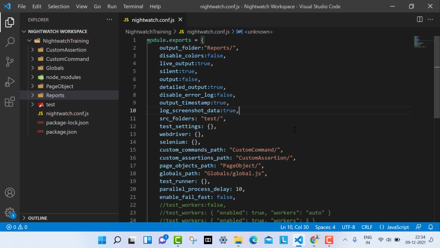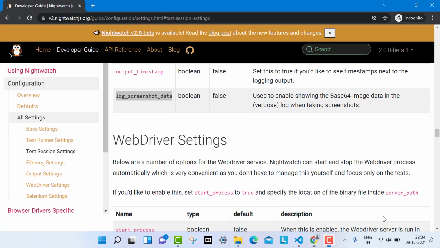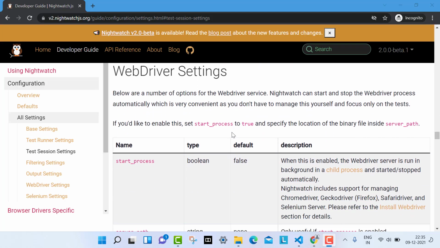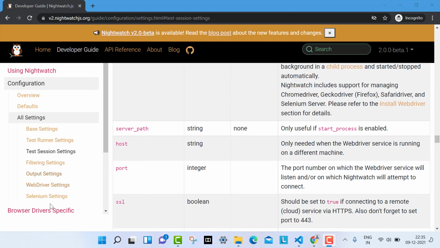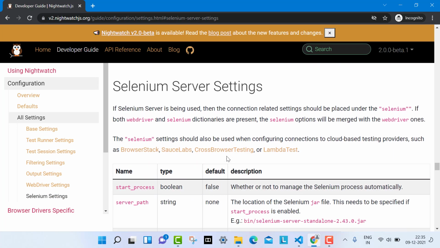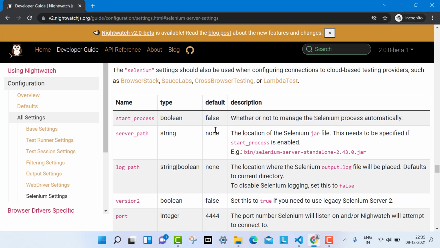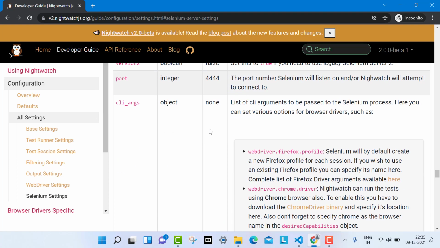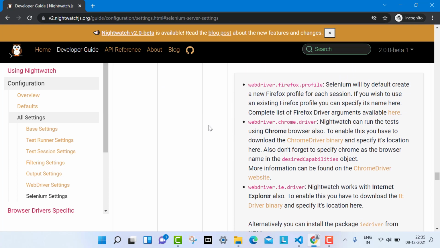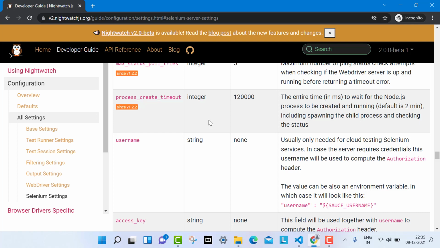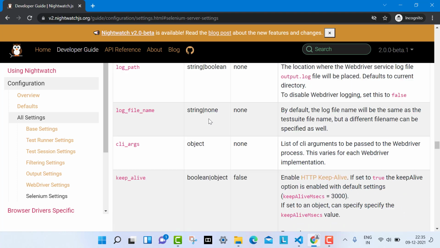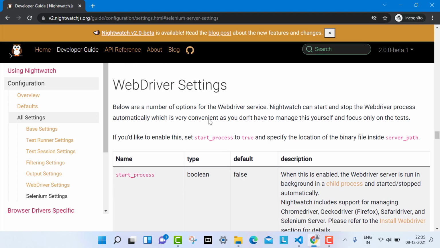So this is all about the output settings. The next is the WebDriver settings, and after that there are Selenium settings. I'm going to use Selenium completely and leave the WebDriver, because I'm not going to use it.